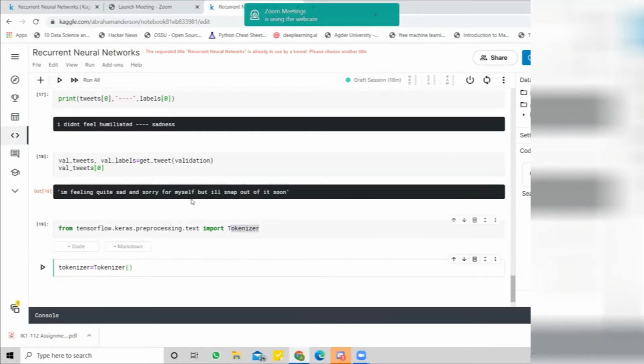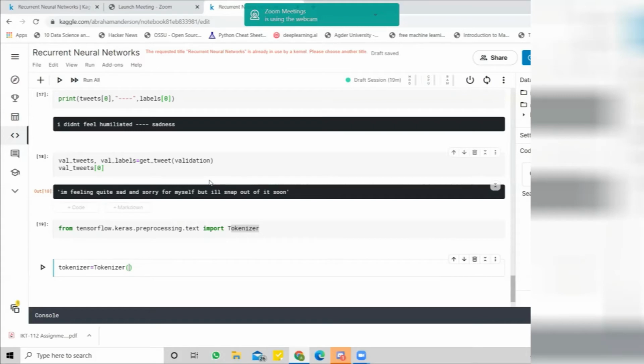This tokenizer has a lot of words that have been assigned to numbers. This tokenizer function includes the most common 10,000 words, which have been represented by numbers.